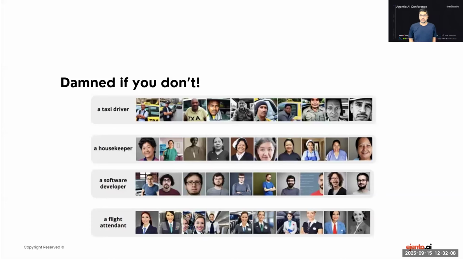And whichever way you go, in this case, if the example is not very obvious, if I ask a model, they are trying to correct this, but not long ago, when you tried to create an image, give me an image of a taxi driver, give me an image of a housekeeper, or software developer, or a flight attendant, you can clearly see the biases that have existed in the society and on the internet, because the internet is primarily the source of data for us.